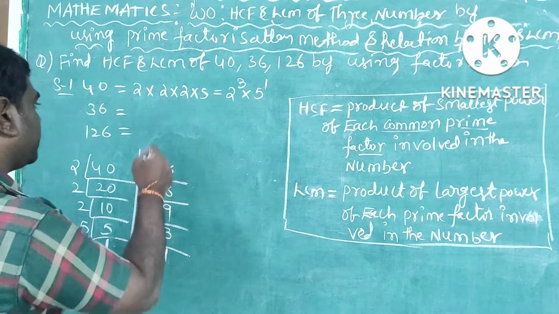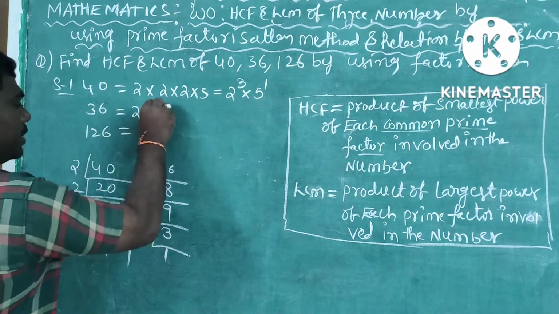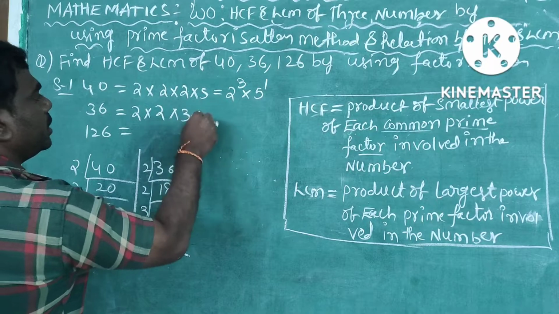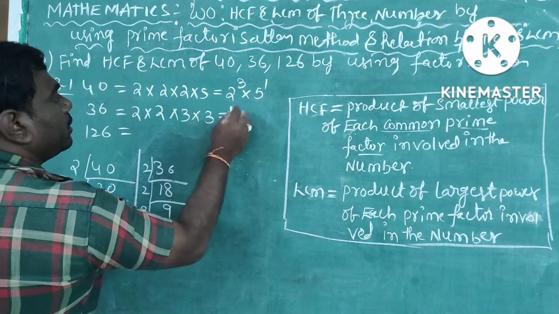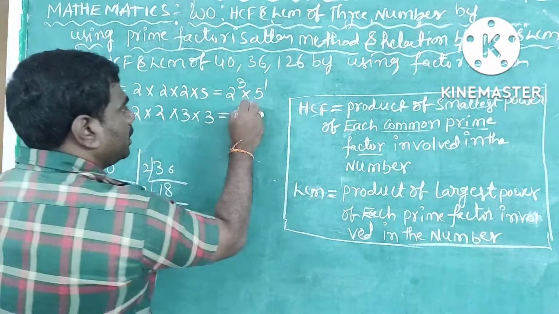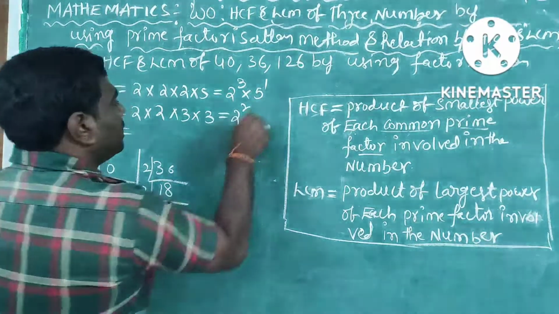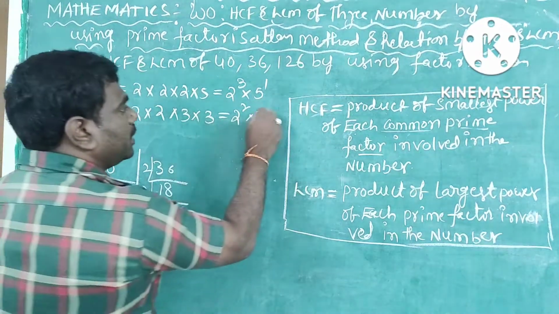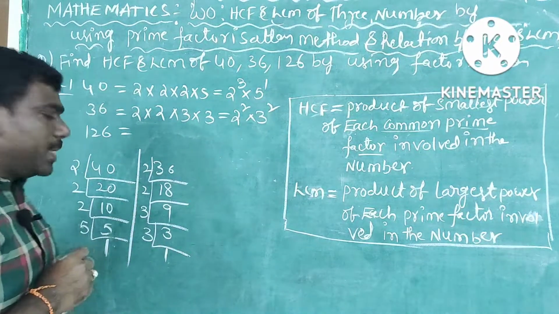Now stop the process and write the prime factorization of 36, which is 2 into 2 into 3 into 3. We can write the unique factorization: 2 is repeating 2 times, which is 2 square. 3 is repeating 2 times, which is 3 square. Next,